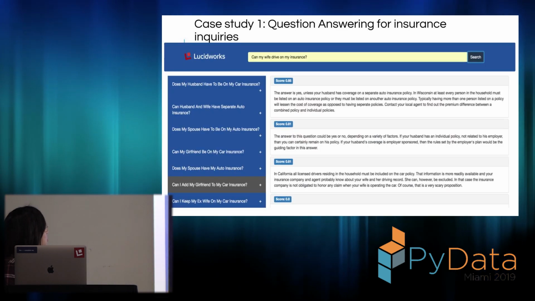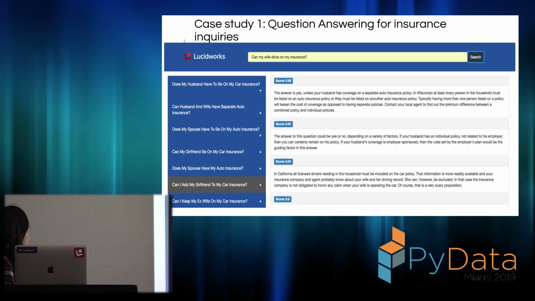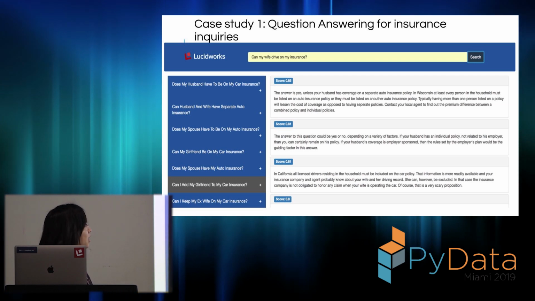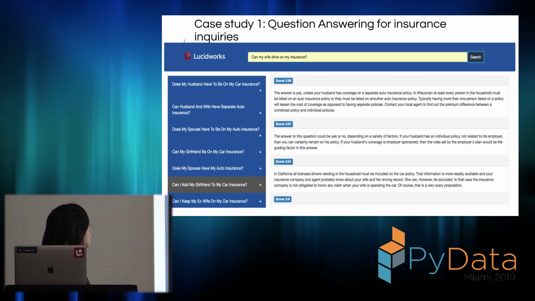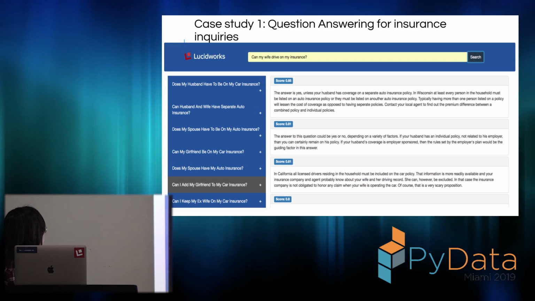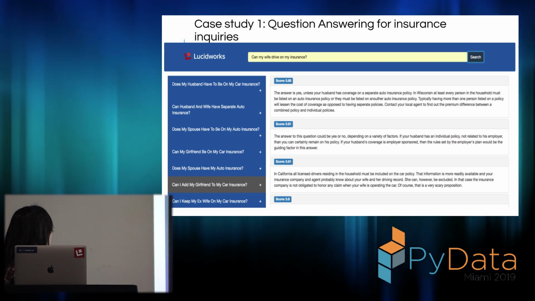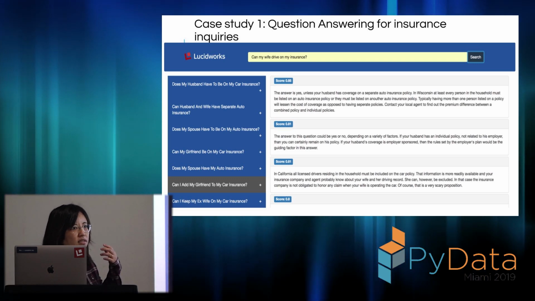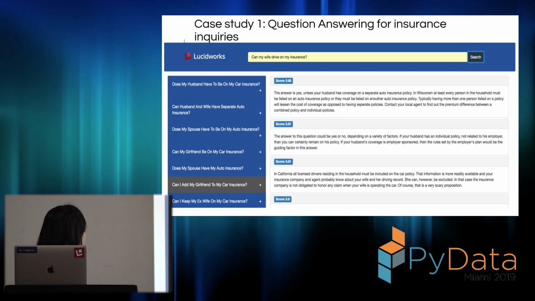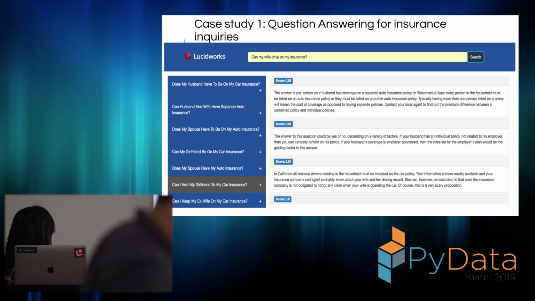So here I'd like to give two examples of the results of our deep neural network. For example, here's a question: can my wife drive on my insurance? And you can see the first few answers are pretty relevant. And then on the left, you can see the similar questions we found. Interestingly, without using any single name input or constructing any NER or POS, the deep learning model is able to find semantically similar words.